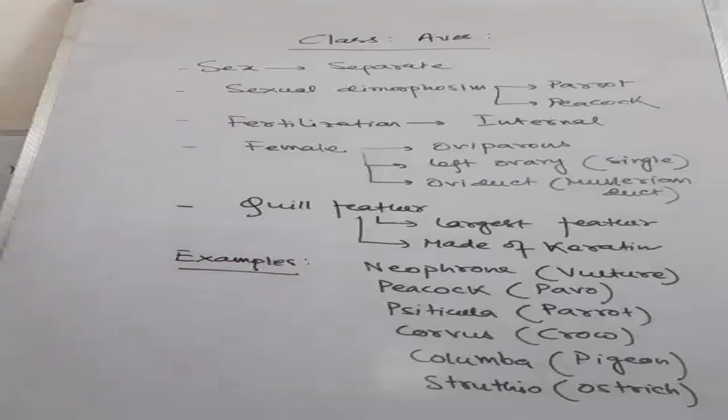So that is all about class Aves and class Reptilia for today's discussion. From tomorrow onwards, we are going to study mammals as well as hemichordates, and we are going to finish off this chapter. The next chapter we are going to start is either tissues or human physiology. But my preference is to start human physiology, because it is more interesting, a more intricate system. You learn a lot in that. Let me see what I can start over there.